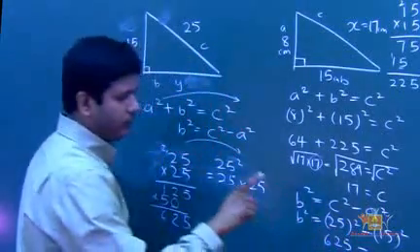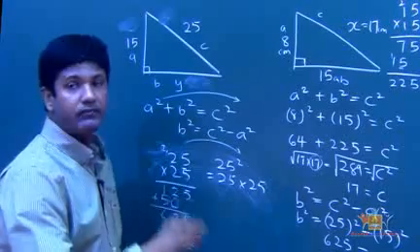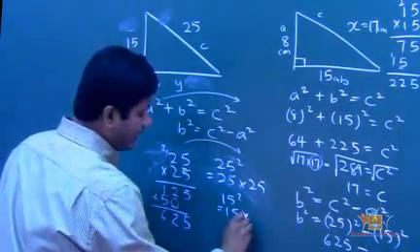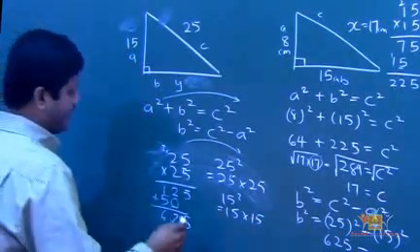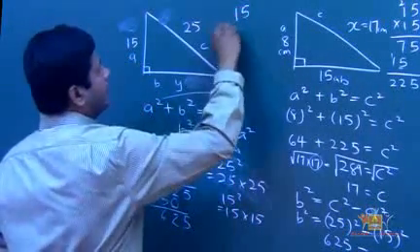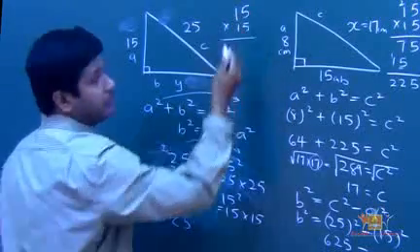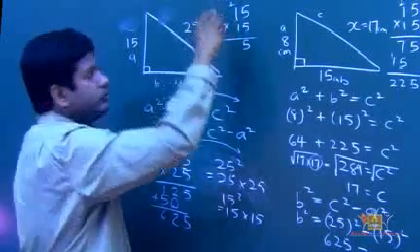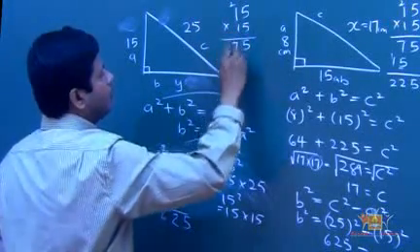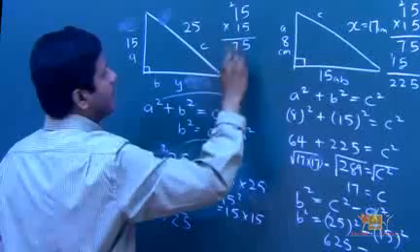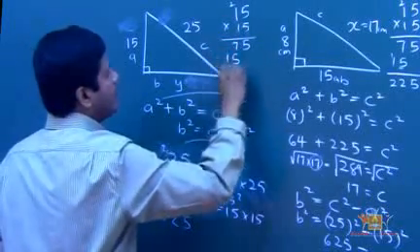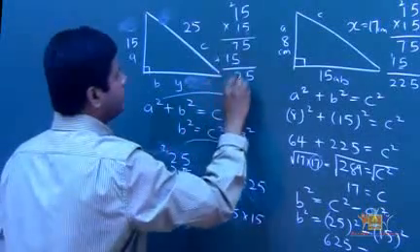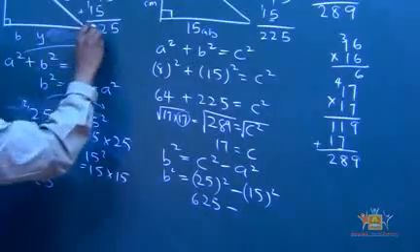625. Now I'm going to do 15 times 15, because 15 squared is 15 times 15. Let's line it up. 5 times 5 is 25, so 5 carry 2. 5 times 1 is 5, plus 2 is 7. Now we multiply with 1, and we come straight down here. 1 times 5 is 5. 1 times 1 is 1. We add them: 5, 7 plus 5 is 12, so 2 carry 1. 1 plus 1 is 2. So that gives me